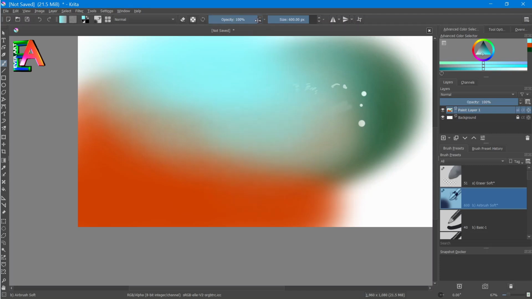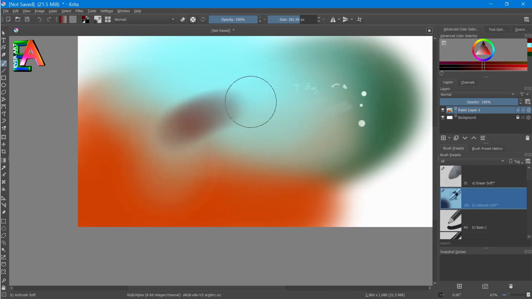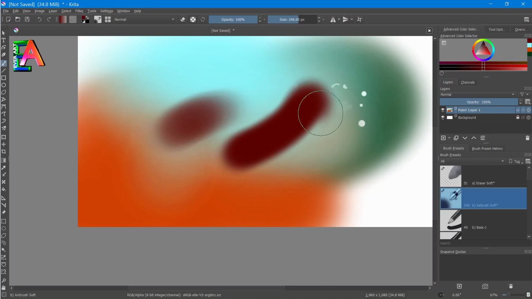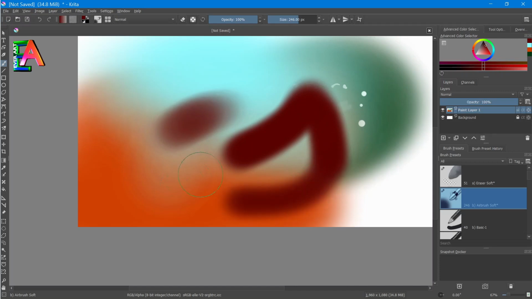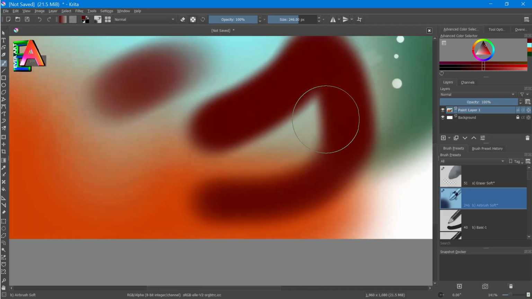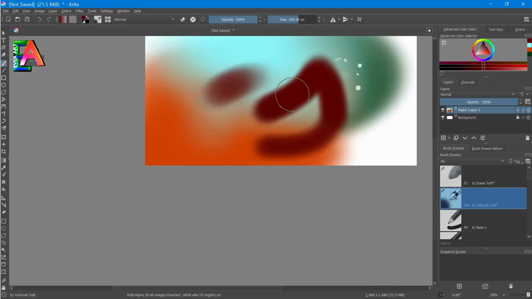Since I am using a Veikk A15 Pro tablet, it has pressure sensitivity. If I take a color from here and use it in a very smooth manner, with small pressure, then you can see it will not create a huge amount of color. But if I press hard, then you can see that it will make a very deep pattern. And if you want to increase or decrease the size of this page, then you can also do it from this corner box.